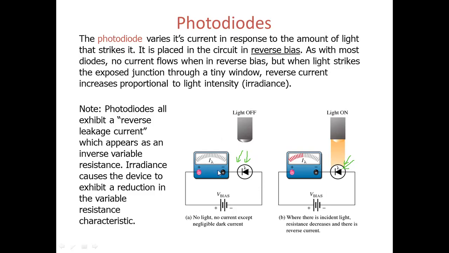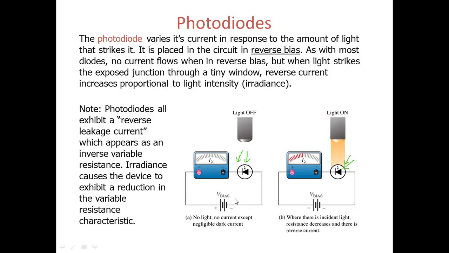But in the same condition, I will keep the voltage constant and all the things. There is no conduction at the diode here. Now for the reverse bias, there is no conduction here. No light, no current except negligible dark current. Inside, it stays blocked because of the potential barrier. Some dark current is there, except that one here now.